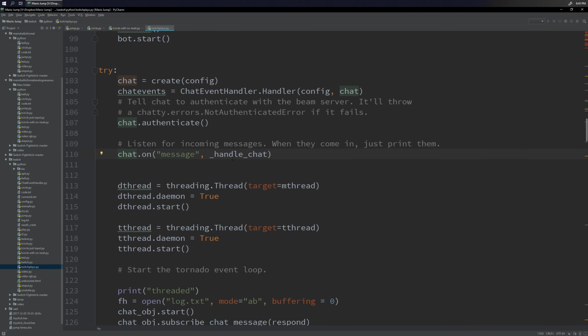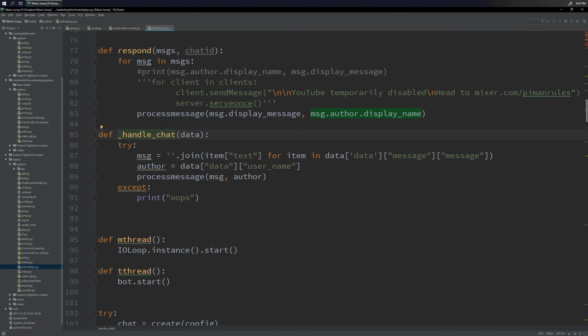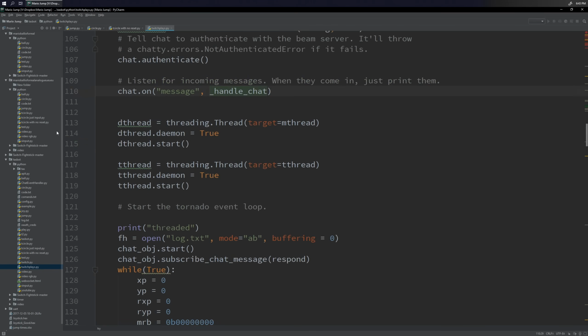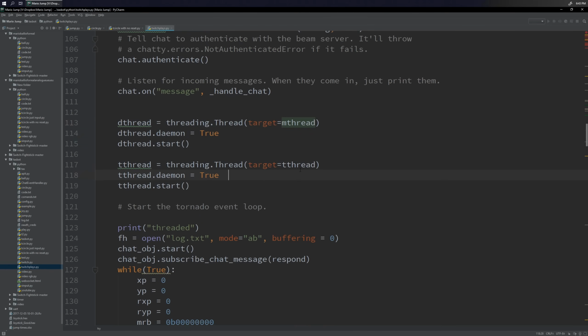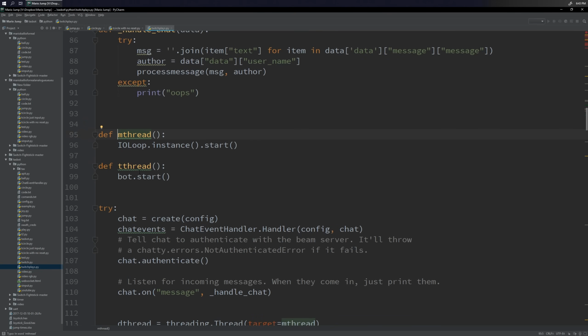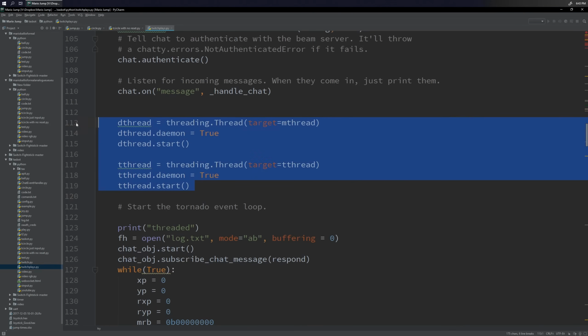But you can see it's registering an event handler and is calling handle chat, which is the method that I wrote. We start some threads. We start the M thread and the T thread. What's the M thread? That's this. And the T thread. Oh, you know what? That probably stands for Mixer and Twitch. That makes sense. So yeah, we just start those threads. Made them daemons this time. So I think that makes them close when the application closes, which is actually what you want. And that prevents me from having to use that dumb variable thing that I did in the other one. Don't quote me on that though, because I'm not actually sure.